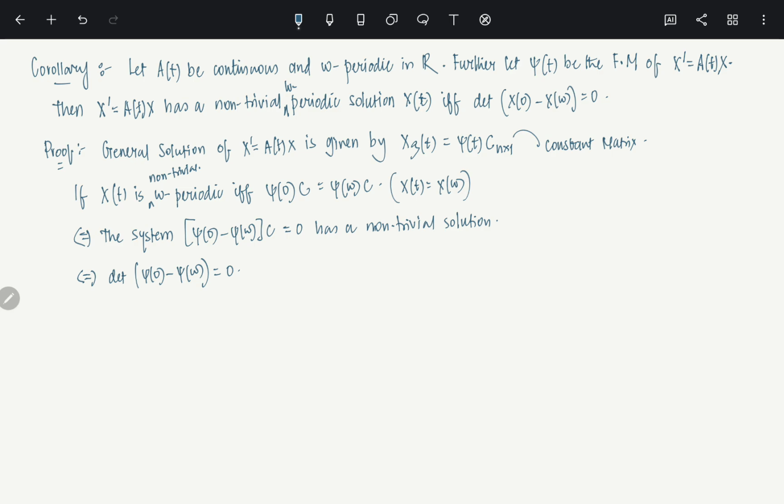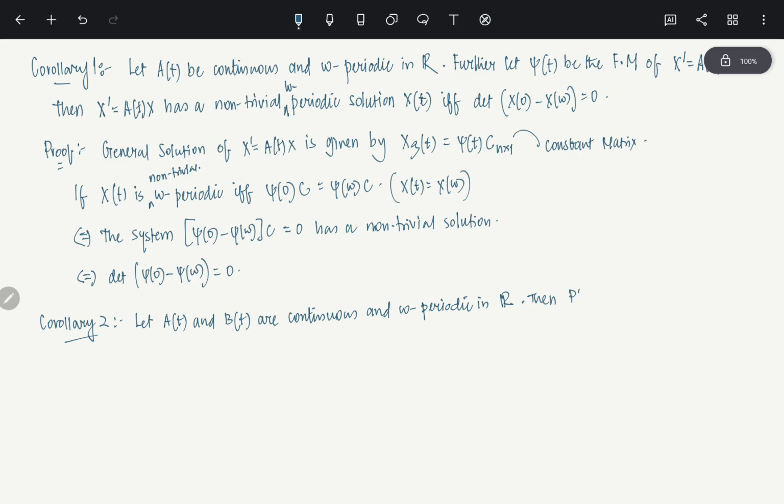Okay. Now let's look at another corollary. So let's say this is corollary 1. Let's look at corollary 2. So what is it? It says that, let's say that A and B are continuous. So let A(t) and B(t) be continuous and W periodic. Continuous and W periodic in R. This is what we are assuming. Then